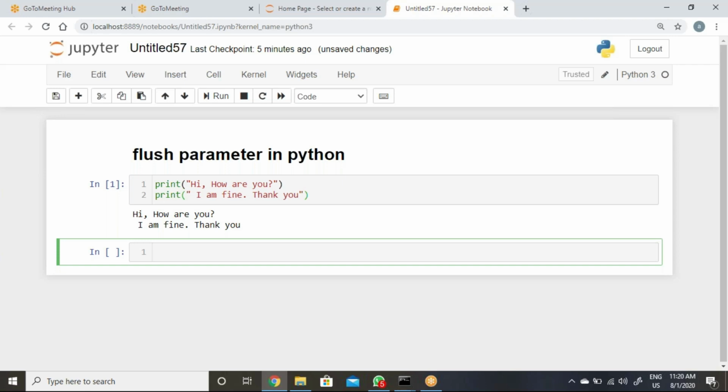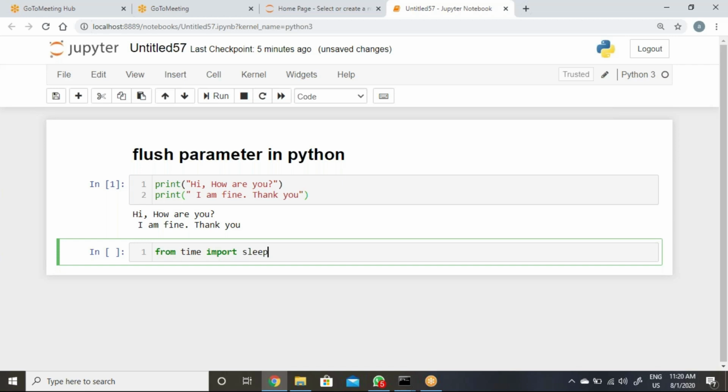For that, we need to do from time import sleep. From the time module, we need to import the sleep function. Then using this sleep method, we can flush the parameter in Python. Between line to line, whenever you want, you can use that sleep mode.